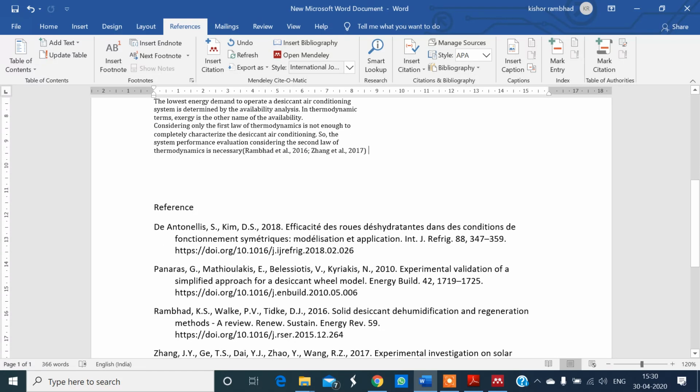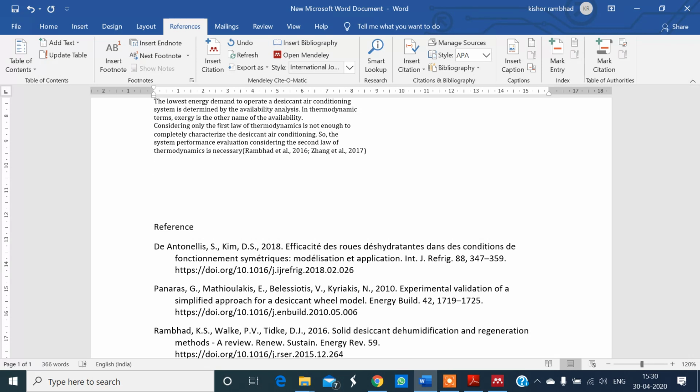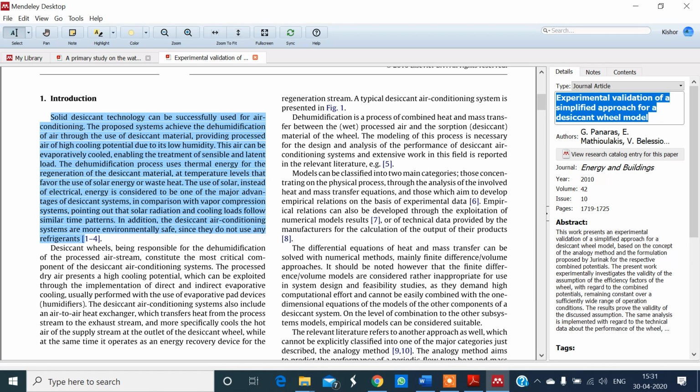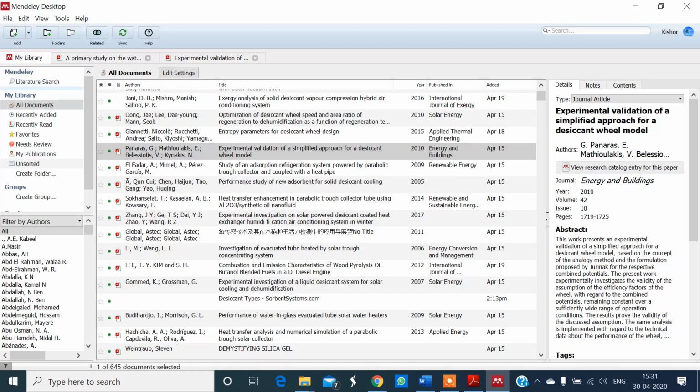If you want to give citation of some paper but you don't have a hard copy of that paper, to search for that paper, you can go to my library, then here, literature search.